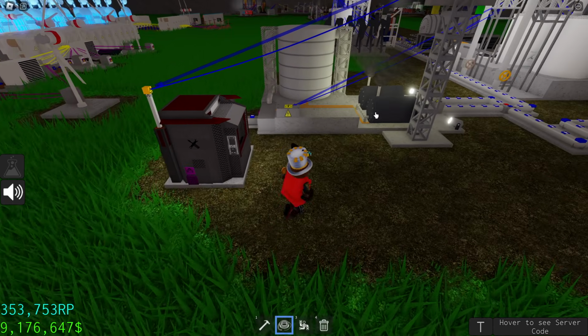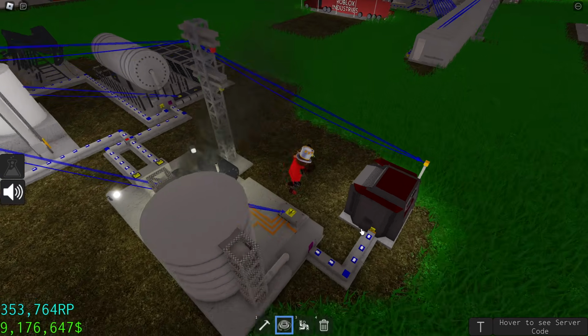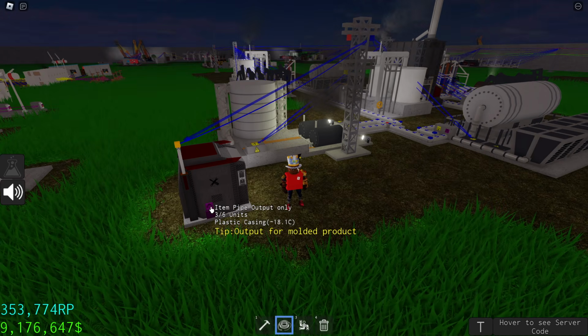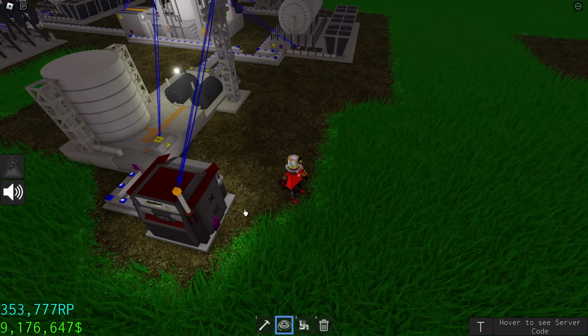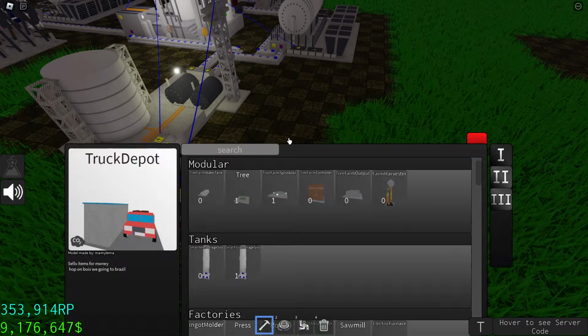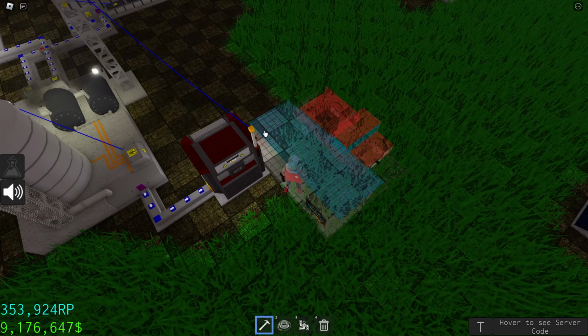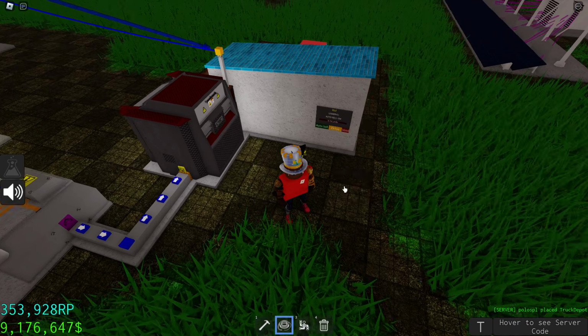Now you've done the entire plastic production process, and you're producing plastic casings. You can sell them, I guess, but I don't think that's worth it. What you need to do is make crankshafts.